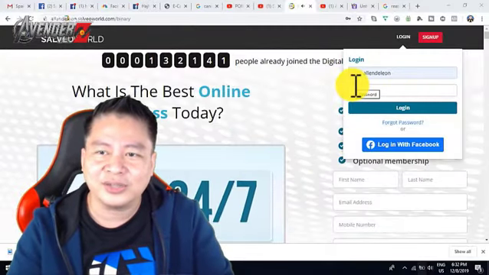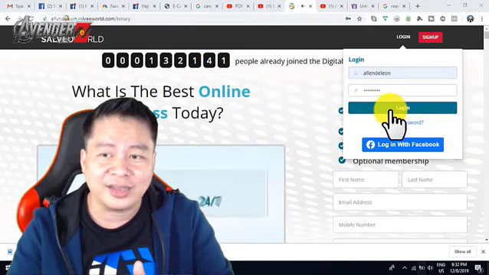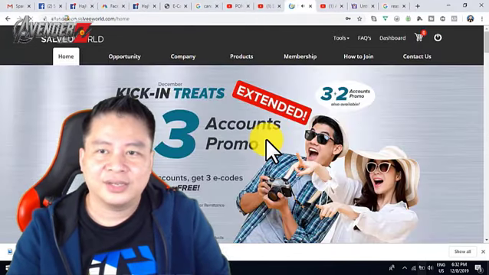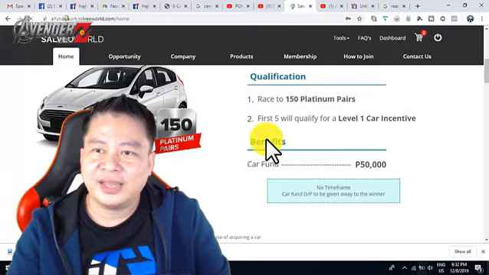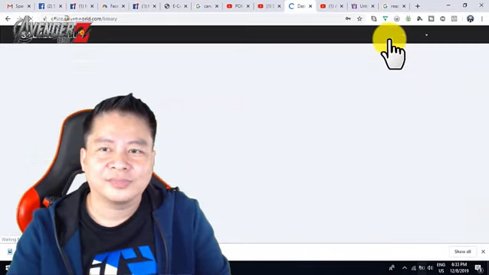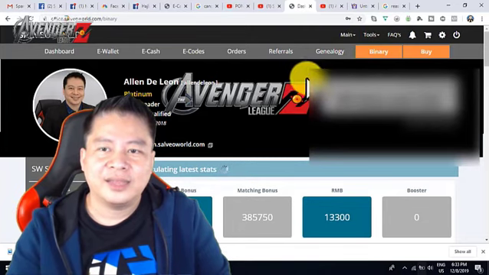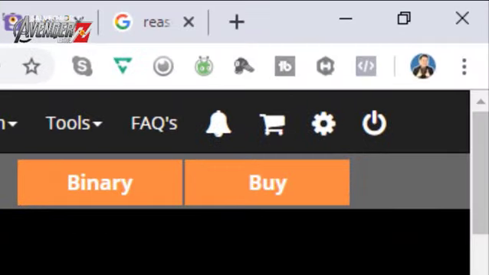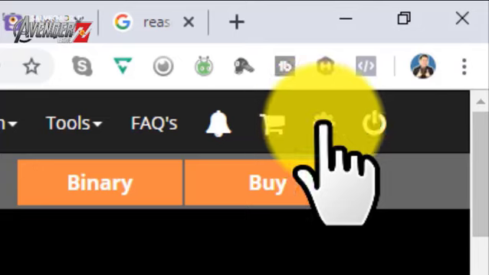So, just log in. Yan yung username ko, password ko, then click login. Okay, here we are. Then, click mo lang itong dashboard mo. Click mo yung dashboard mo. Okay, here we are. Then, ang gagawin mo ngayon is pupunta ka rito sa bandang taas, sa upper right-hand corner,